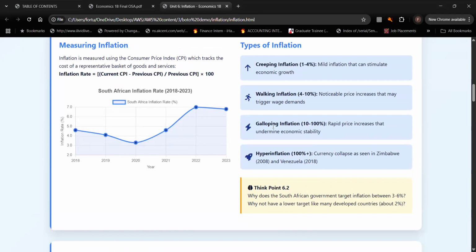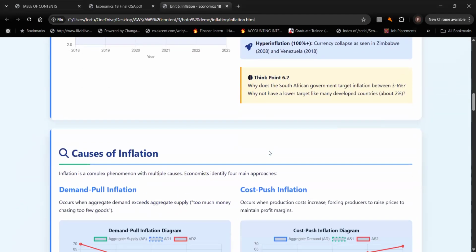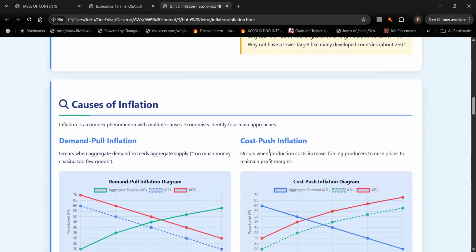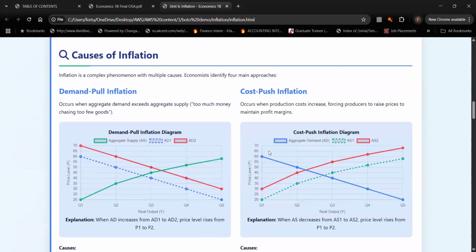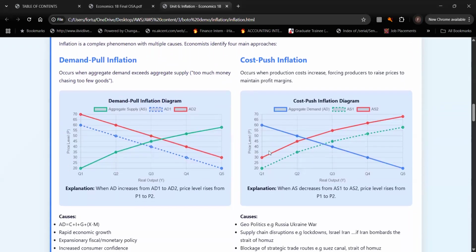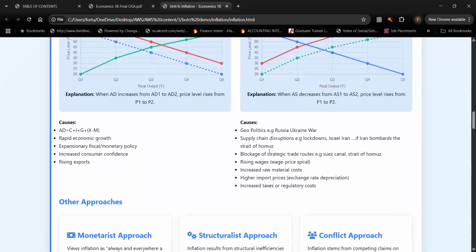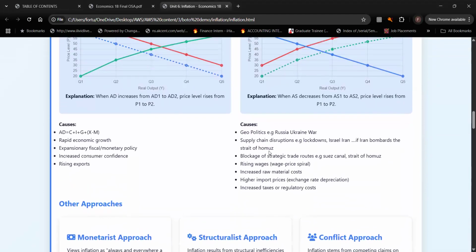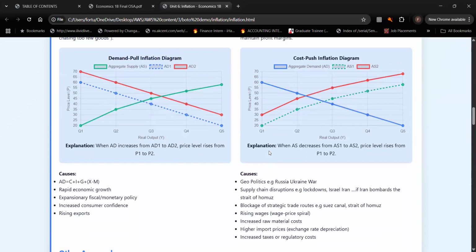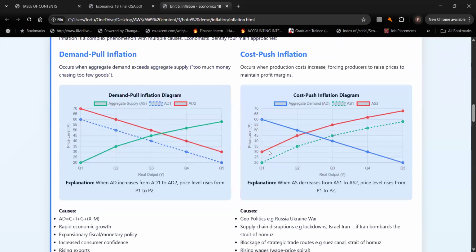You can have what is referred to as galloping inflation, hyperinflation, etc. But all of these definitions can be narrowed down to two main causes, that is your demand pull and your cost push inflation. When we look at the approaches that are used to approach inflation, you will understand why we are narrowing down to demand pull and cost push inflation. So with demand pull inflation,